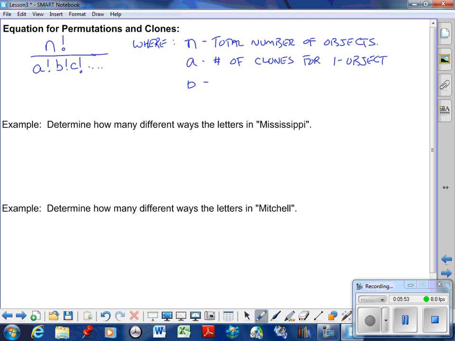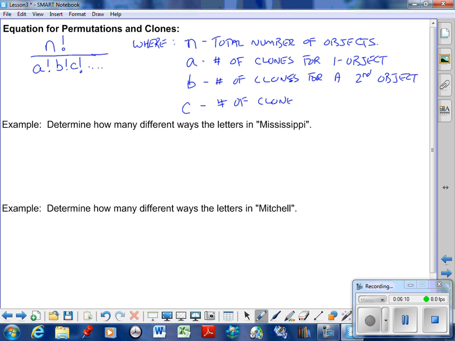B is the number of clones for a second object, and so on and so forth. So if that doesn't make sense yet, then the examples will help, and this just continues on for a third